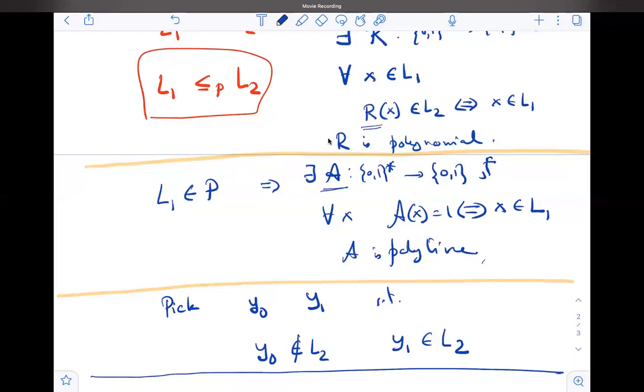So we need some y1 and some y0, corresponding to giving us a yes and a no for L2, right? Yes, for L2. That's just two things. That's all. It's not a variable length. But then how do we know we can find y1 and y0 in polynomial time? We know L2, right? So we know that there exists such a y1 and such a y0. That's all.